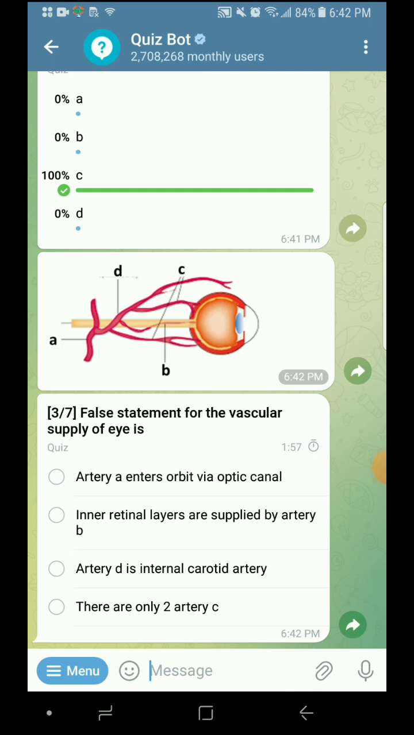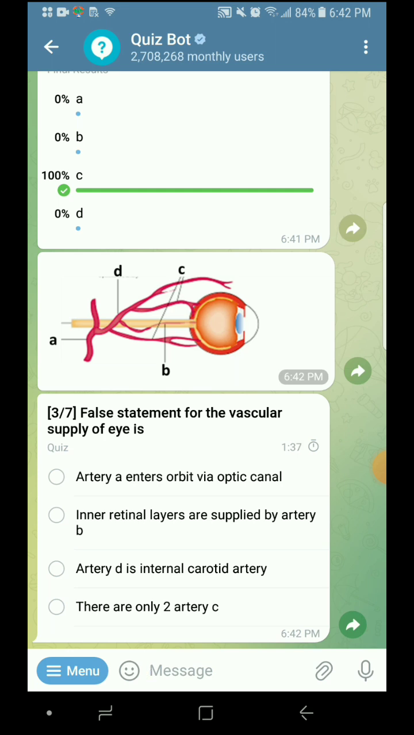Now this is the lateral view of the eye, showing A, B, C, D, 4 arteries. A is the internal carotid artery, which does not enter the orbit. D is the ophthalmic artery, which enters the orbit via the optic canal. I told you yesterday also in the orbit anatomy quiz. C is the posterior ciliary arteries, which are 2 in number, and B is the central retinal